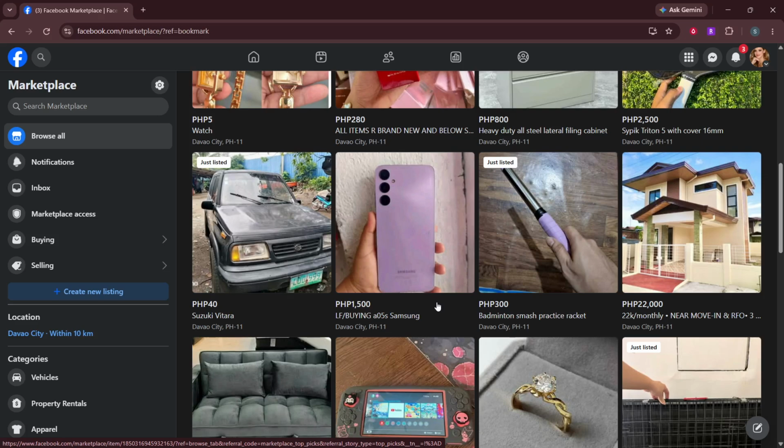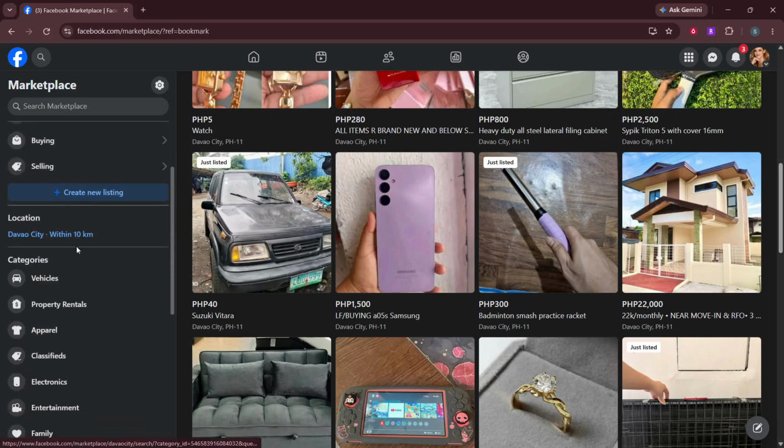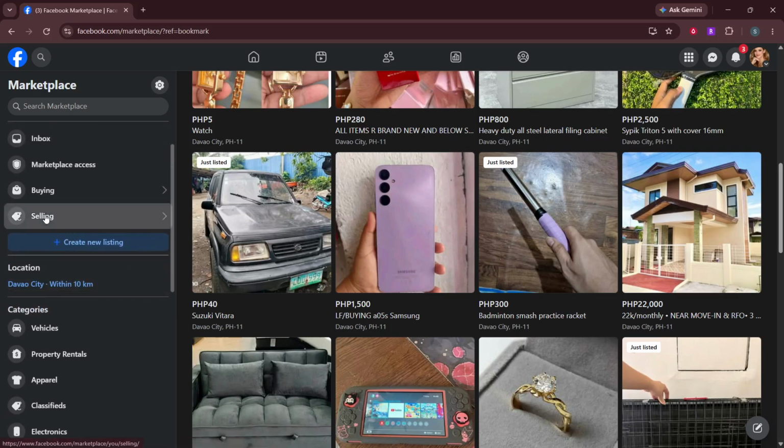Next up, we want to open your own selling section. At the top left area of the Marketplace page, find the word Selling, usually near options like Buying or Browse. Move your mouse to Selling and click it once. The screen will switch from showing random items to options related to things you are selling. If nothing seems to change, check that you actually clicked Selling and not another word nearby.